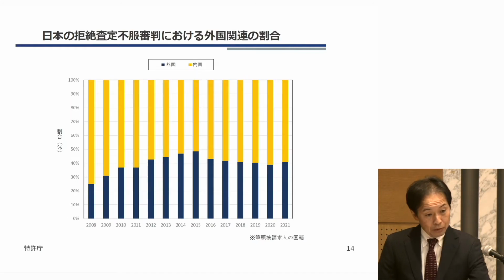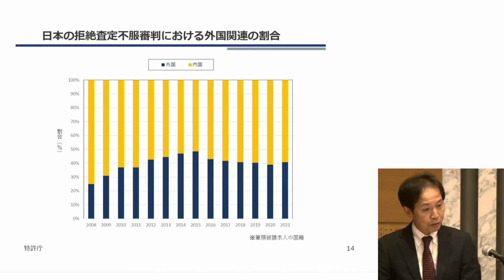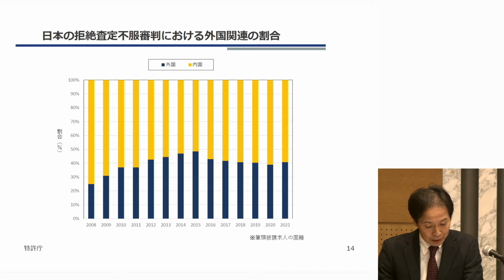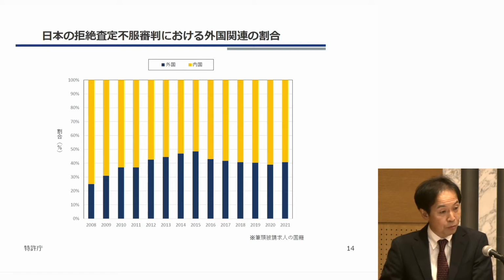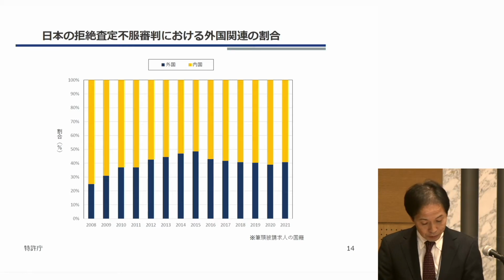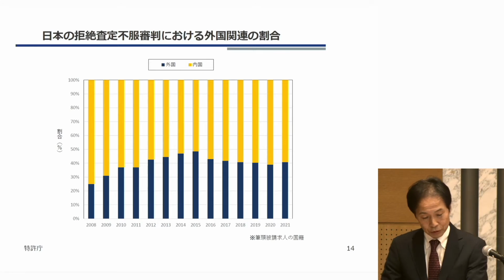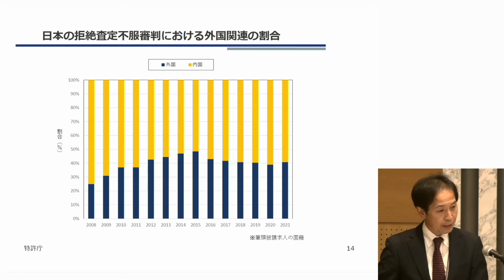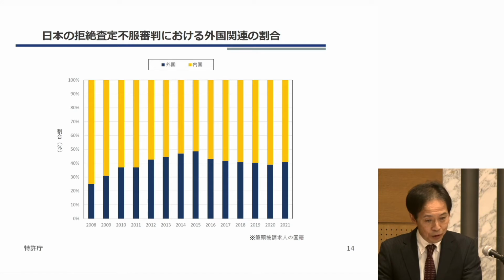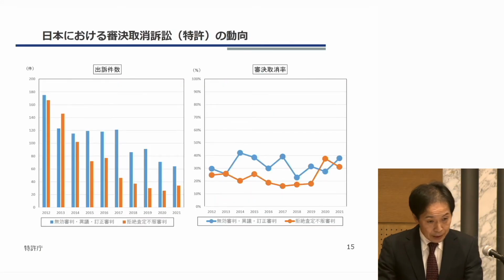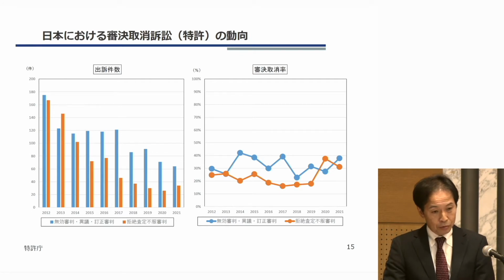So it's not a very large proportion. But on the other hand, this is the number of appeals per nationality, isn't it? More non-Japanese applicants file appeals against refusals in Japan as opposed to oppositions. So this is because the application procedure is quite expensive, and people want to back up their investment by filing